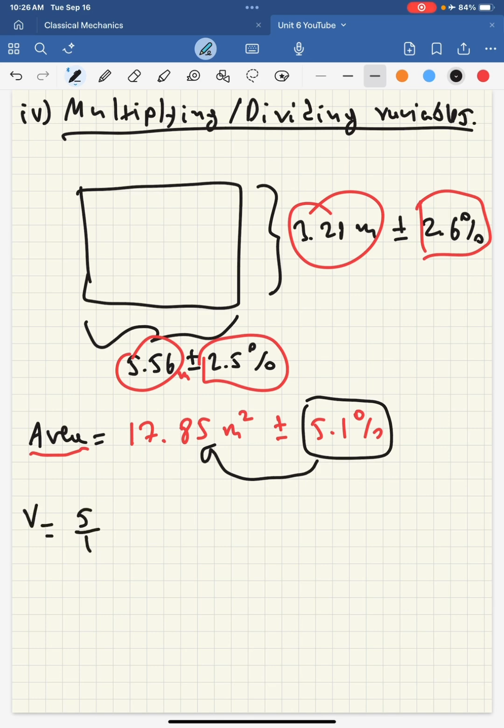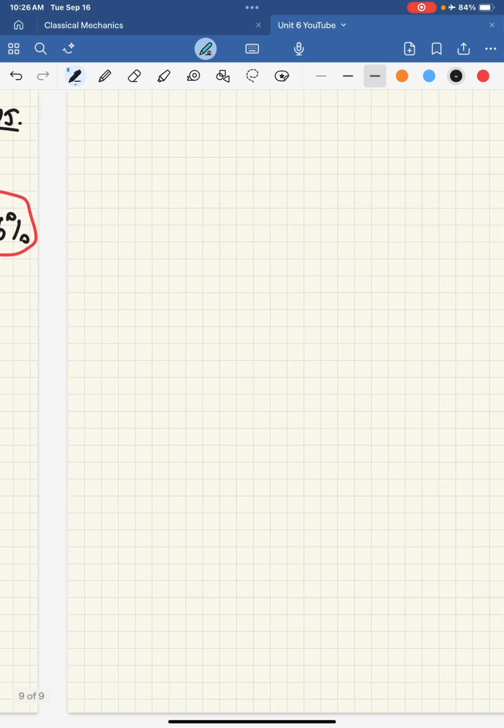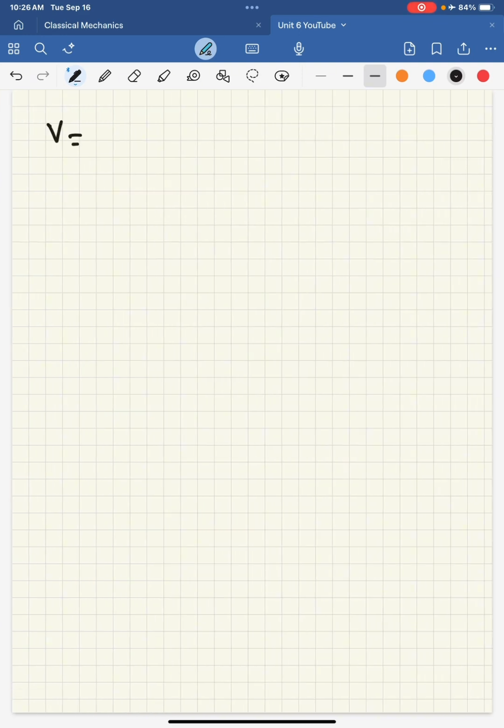Velocity is distance per time, right? So let's say that my distance is 10.5 meters plus or minus 4.1%, and my time taken to cover this distance is 2.35 seconds plus or minus 8.7%, okay? Now, the velocity is the division of the two, so 4.6 meters per second, and then plus or